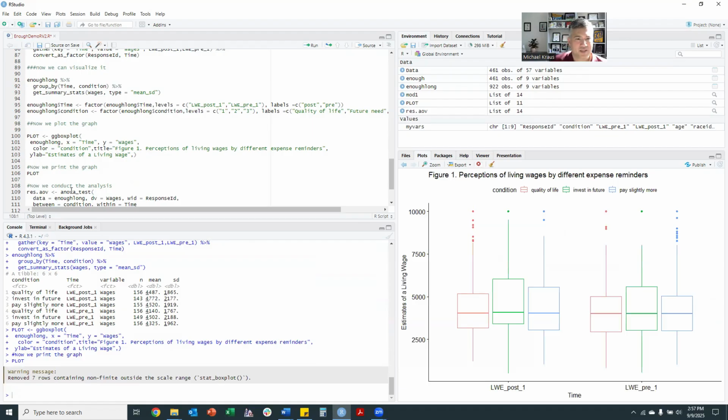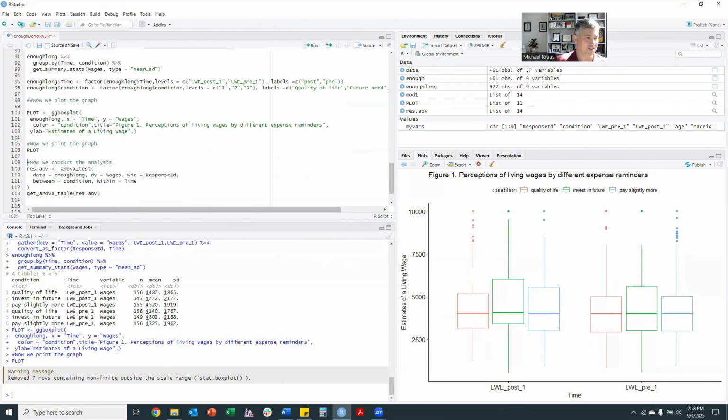So now we move all the way over to Figure 1. What you've got is estimates of living wage on the y-axis, post condition and precondition. And then we've got quality of life, investing in the future, and paying slightly more. What you see here is that the data on the left is slightly higher for post than it is for pre in all 3 conditions, but that the conditions don't significantly vary between them, right? And then we can confirm that by conducting a formal analysis with this